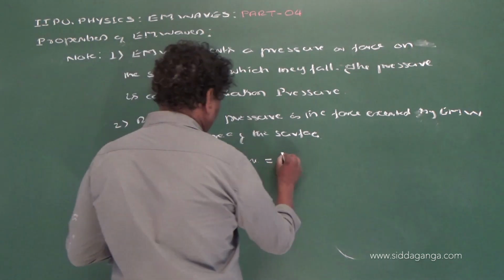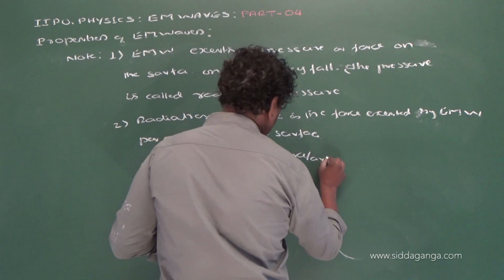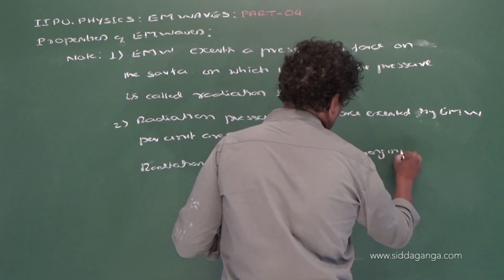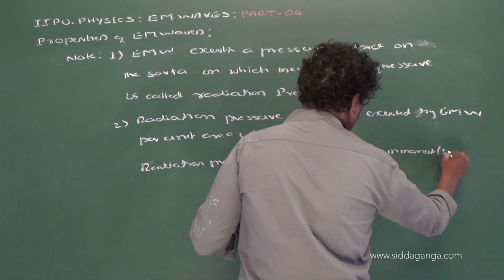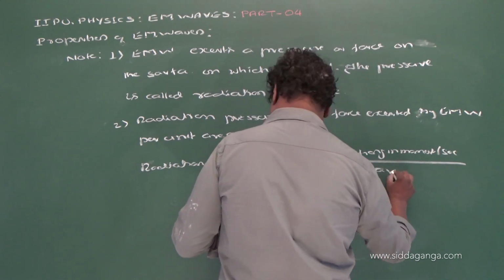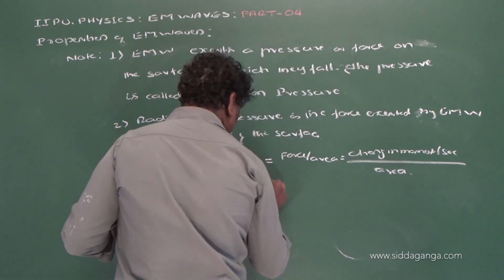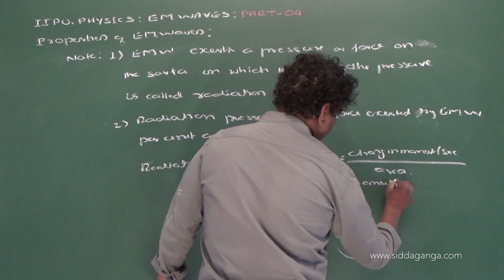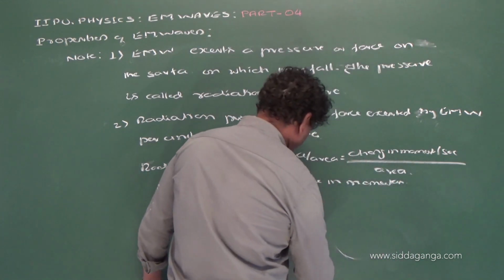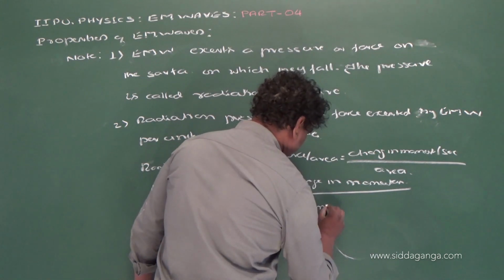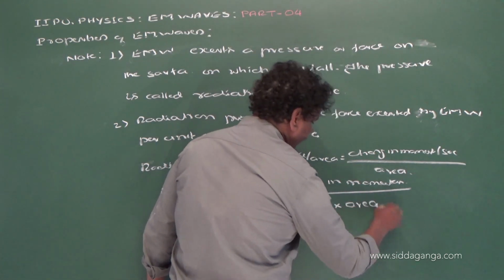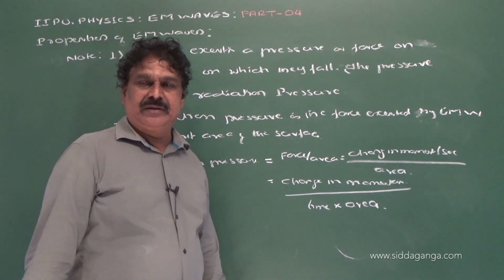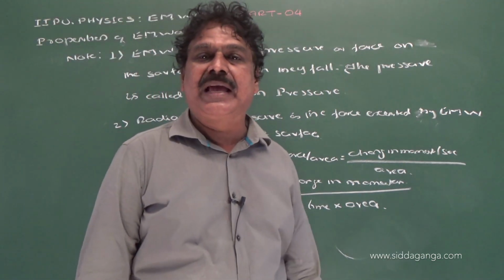is equal to force by area, that is equal to change in momentum per second by area, right, that is equal to change in momentum by time into area. We know that the mechanical pressure exerted on a surface is equal to the mechanical force